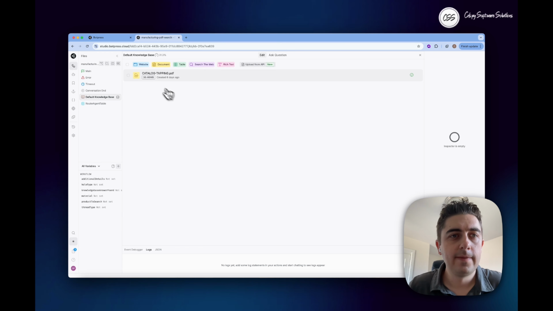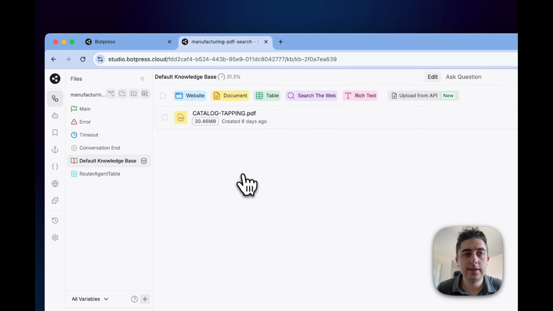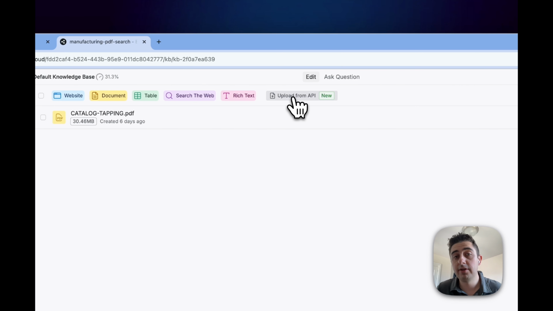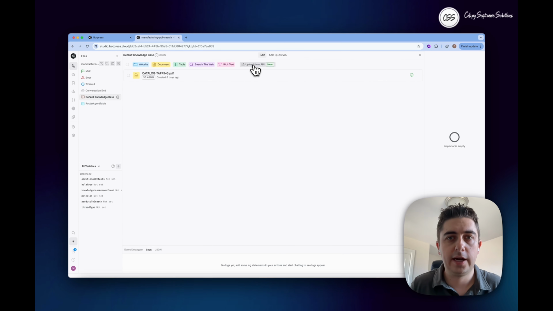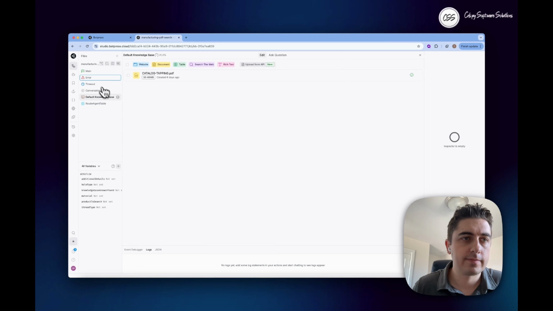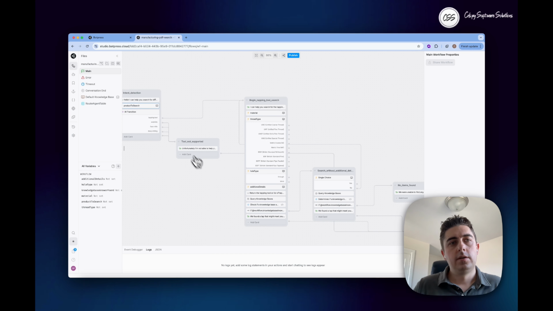But now the only thing to know here is that the knowledge base itself can be given a number of different types of items. So you can give it a website, a document, a table of data. You can tell it to search the web in a particular spot, or maybe give it some rich text. You can even upload data from an API into a knowledge base. So if you want to update your knowledge base in real time and on the fly, you have the ability to do that. And even within the knowledge base itself, you can start asking it questions in order to test the knowledge base directly. So if we go back to